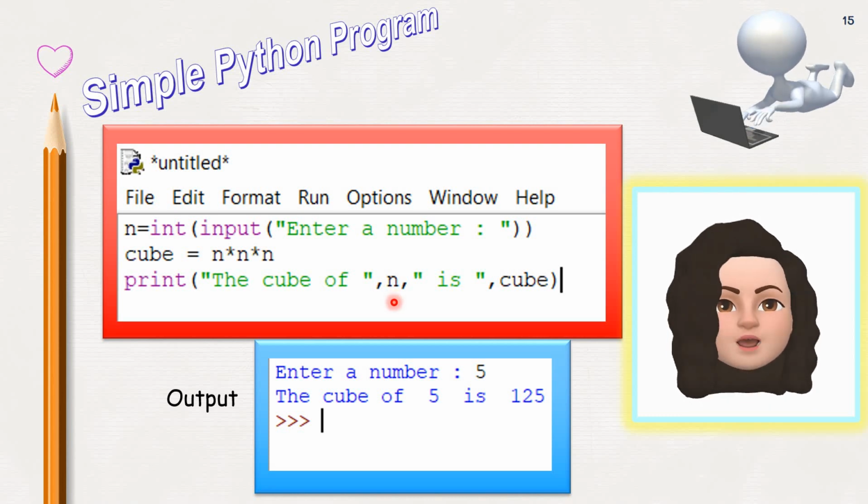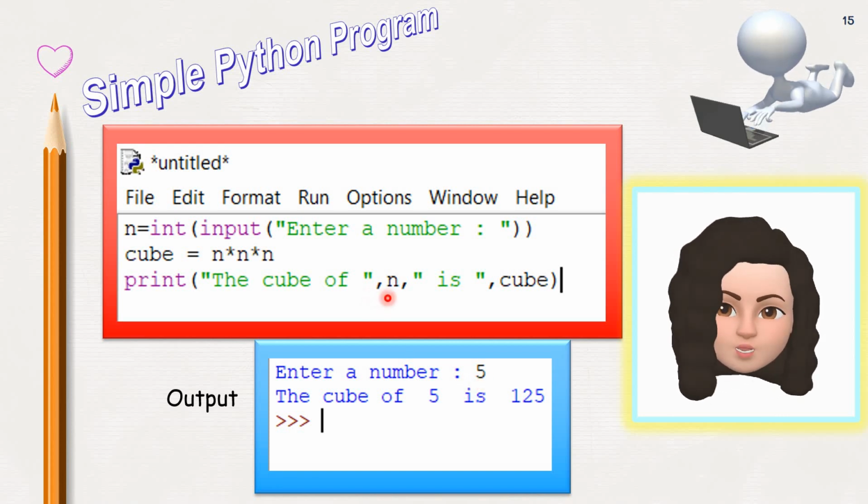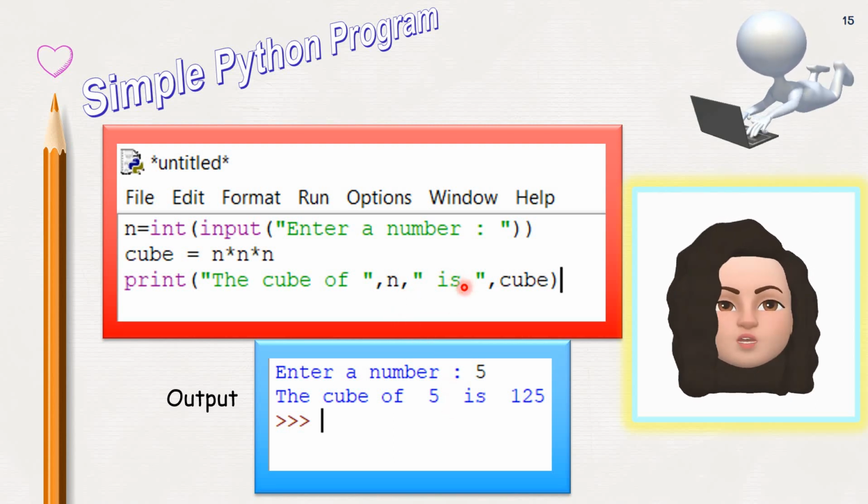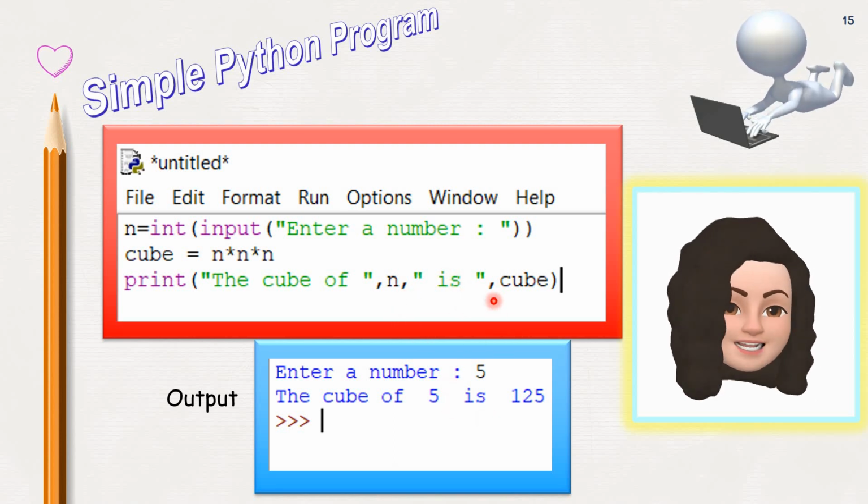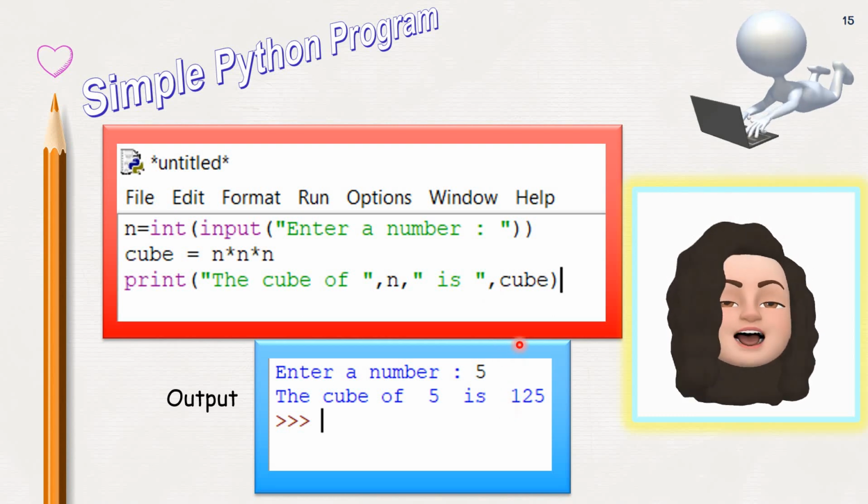The value of n will be printed when it is not specified within quotes. So the value of n is 5. Then there is a comma, so a space. Then is within double quotes will be printed as it is. Again there is a comma, a space. Then cube. The value of cube will be printed because cube is not given within double quotes. So the value of the variable cube will be printed.